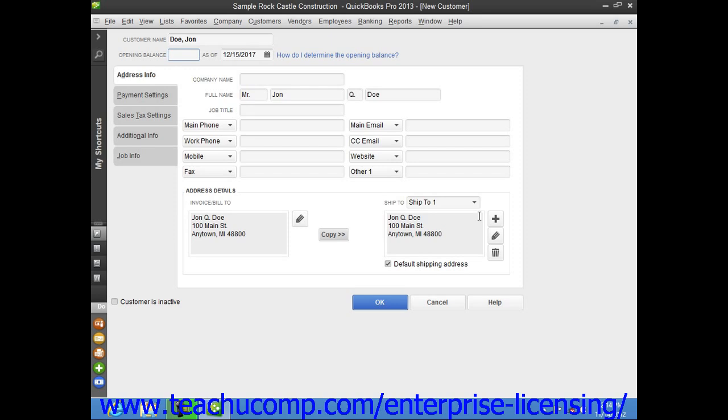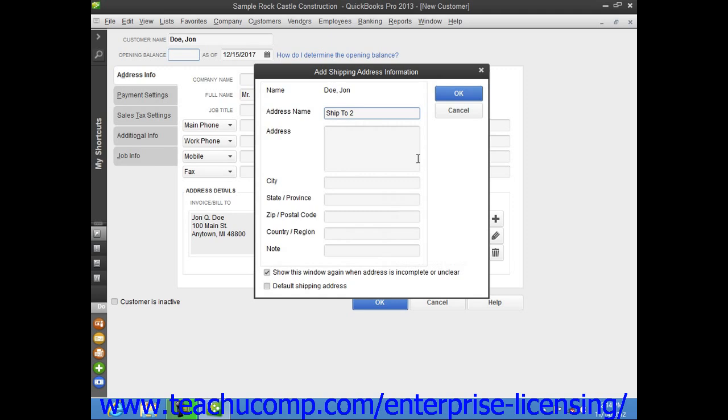Now, you can add a shipping address by clicking the Add button that appears to the right of the Ship To text box. And in the Add Shipping Address Information dialog box that appears, you enter a name for the shipping address into the Address Name text box. You can then enter the address information into the address, city, state, province, zip postal code, country and region, and